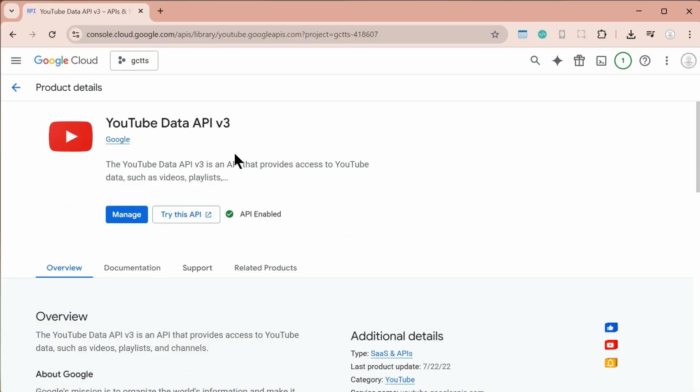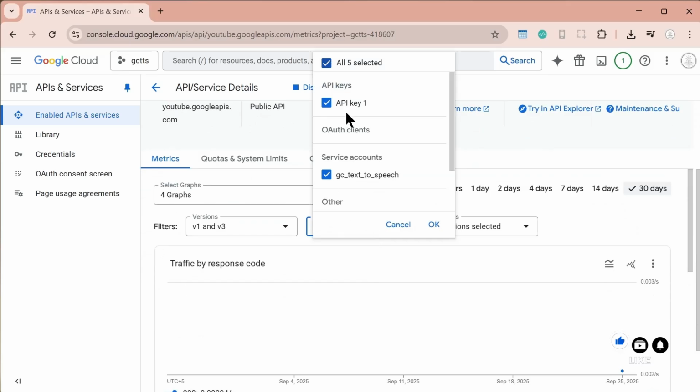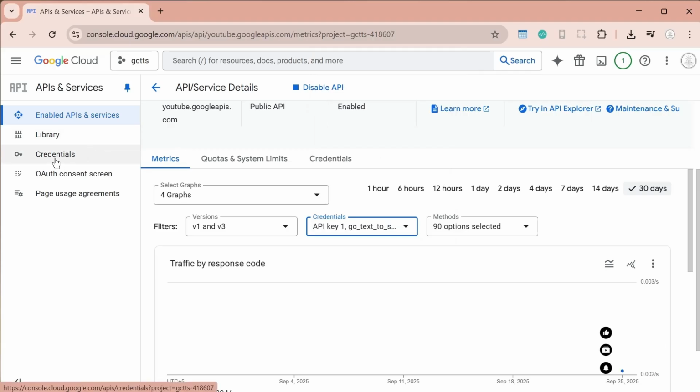and now we can manage this API. On this page, we have already enabled this API in our Google console, and on this page we can assign this API to an API key. We already had an API key, and it is already assigned to that API key automatically. But if you don't have an API key, you can go to the credentials and you can create an API key. And to do that,